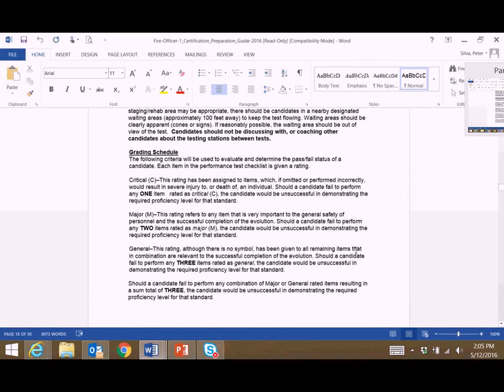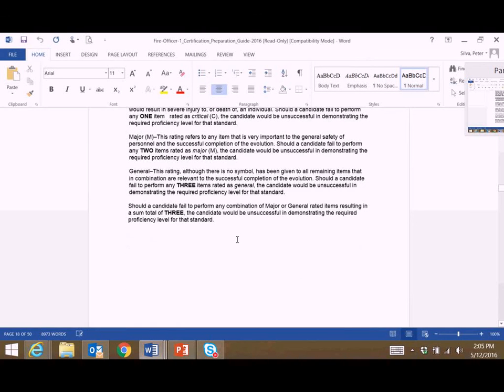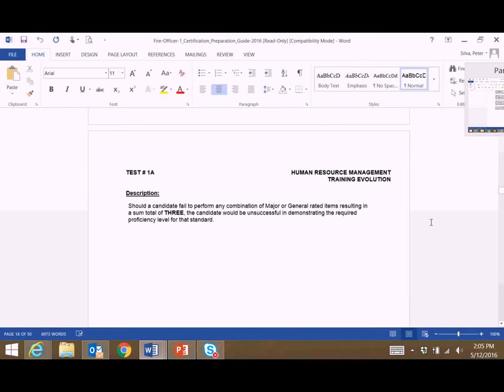Actually, they can only miss 1, because if they miss the second one, then that's a failure as well. General items, anything that's not marked as a critical or major, they can't miss more than 3. If they miss 3 of those, then they have a failure. So you can read that grading schedule, and then you'll see when we get into the actual exams,